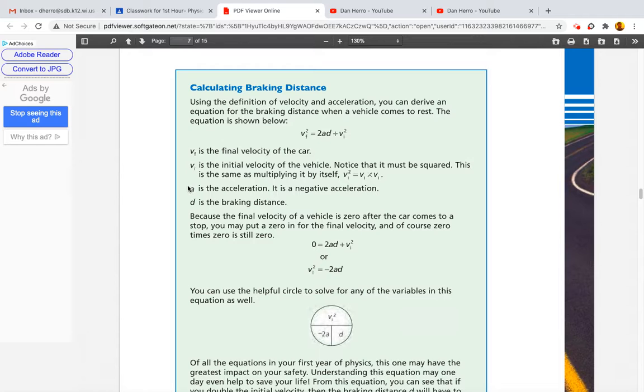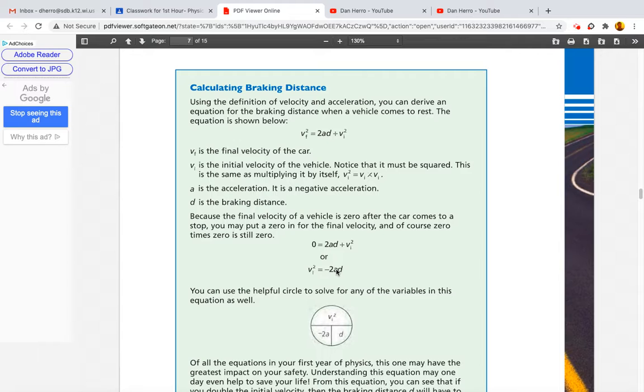A is your acceleration. D is braking distance. Because the final velocity of a vehicle is 0 after a car comes to a stop, you may put a 0 in for final velocity, and of course 0 times 0 is still 0. So you have 0 equals 2 times acceleration times distance plus initial velocity squared, or initial velocity squared equals